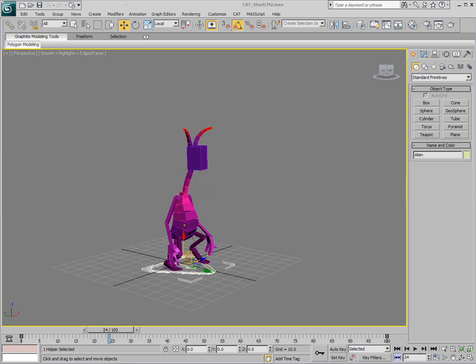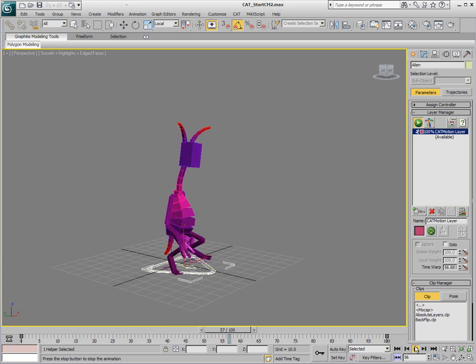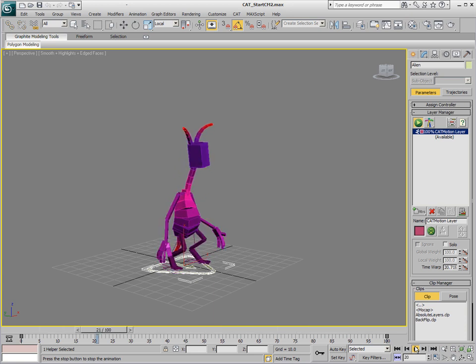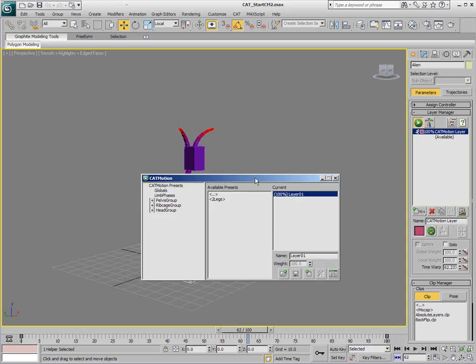In this video, we're going to look at how to drive our character around once we have a good walk cycle made with CAT Motion. So if we go over to our motion tab here, you can see we have our CAT Motion, and we're fairly happy with the resulting tuned parametric walk cycle we have. So let's just go into CAT Motion,